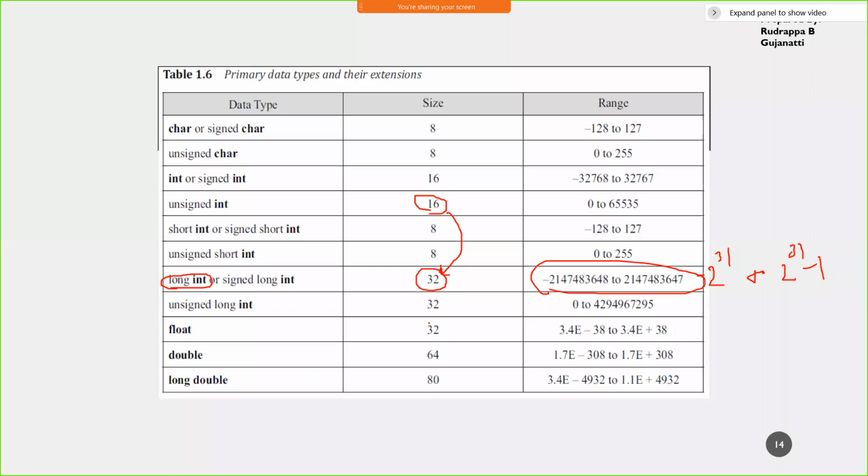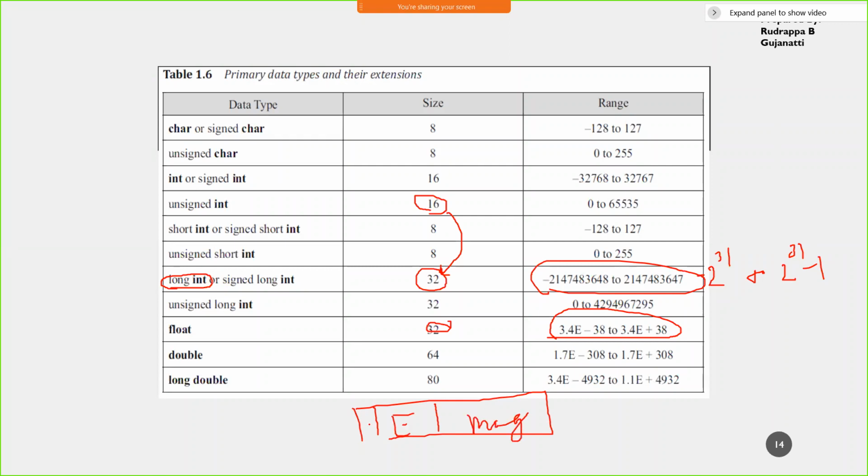Even for float, you can have the numbers. It is given in exponential form, so you'll be representing those in the floating point, the IEEE format. If you want to obtain the range, you should know that IEEE format, in which the first bit is sign, then you have the exponent information, then you have the magnitude information.